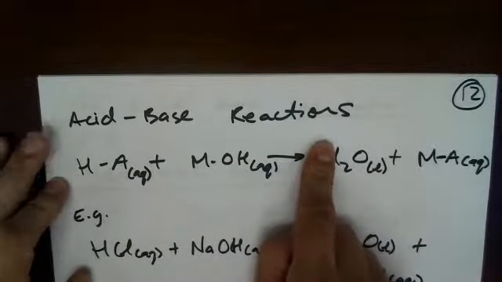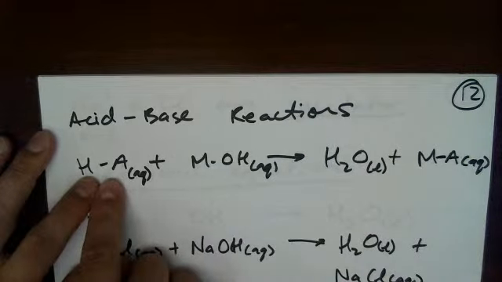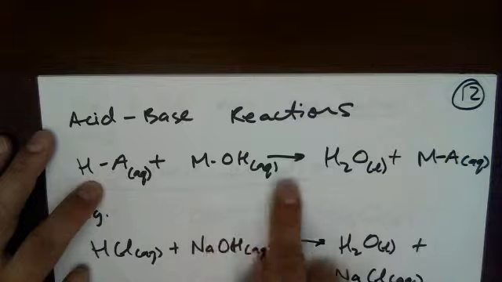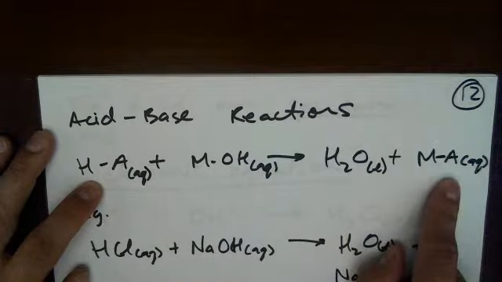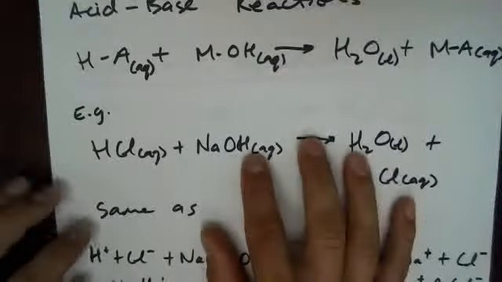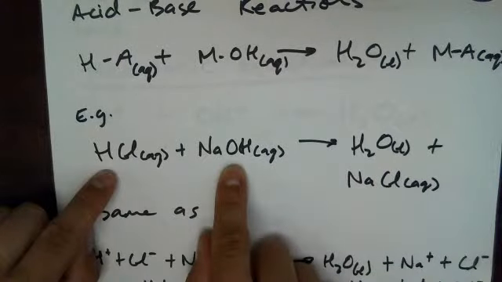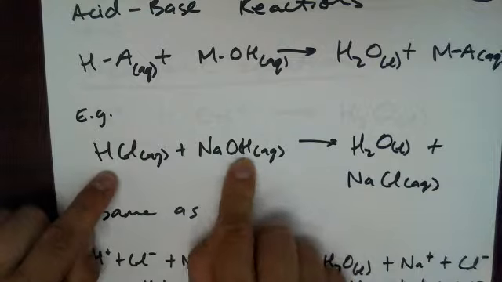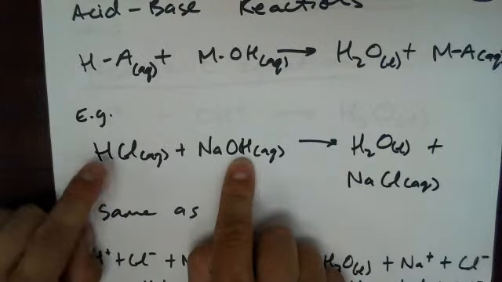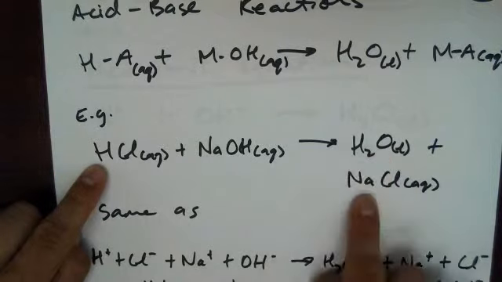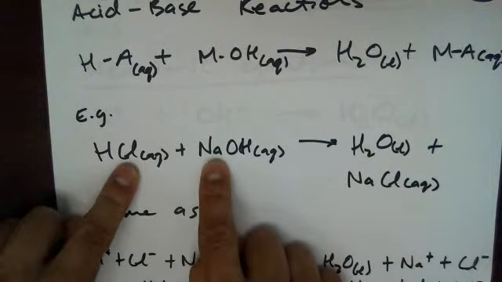So we have some acid-base reactions. Basically, if you add an acid, this is a general formula of an acid, to a base, you get water and a salt. Okay, so let's look at a specific example. If we have HCl plus NaOH, the hydroxide part, the OH and the H, come together to give water, H2O. So that would be H2O there, and then we have the Na and the Cl left over to give us